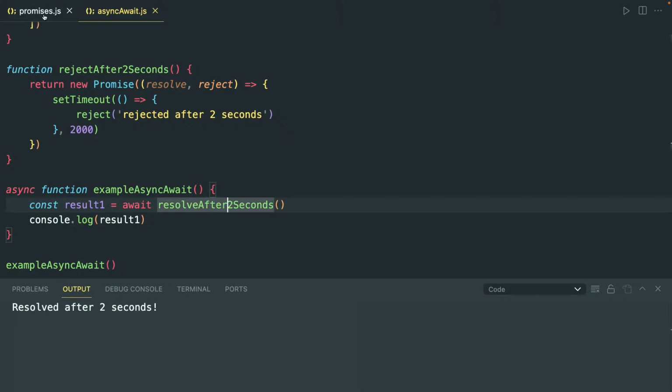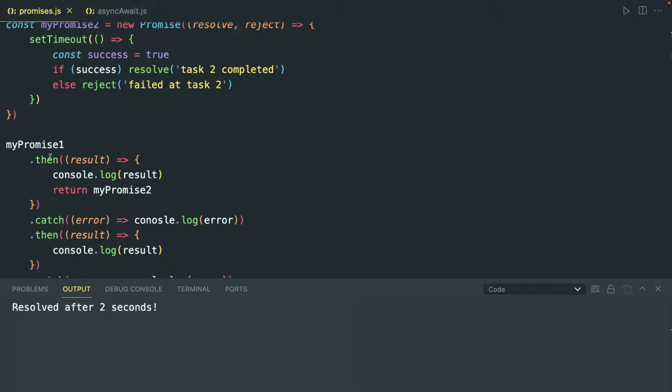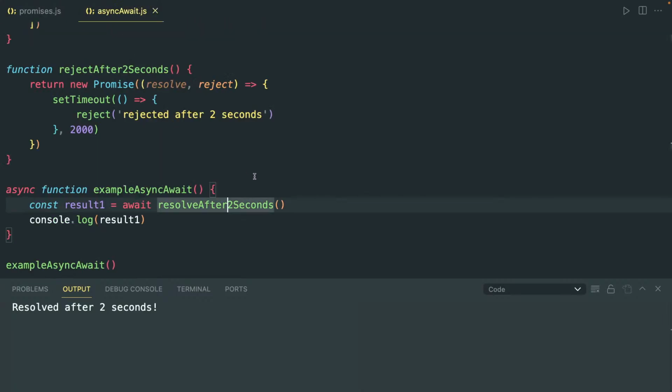In the previous example we used then and catch after a promise to get the result. But in async await, that then and catch is replaced by async and await. You simply await the asynchronous operation with the await. And in the same way,